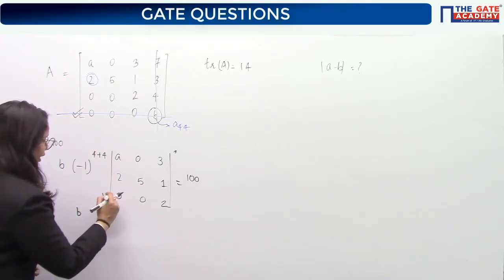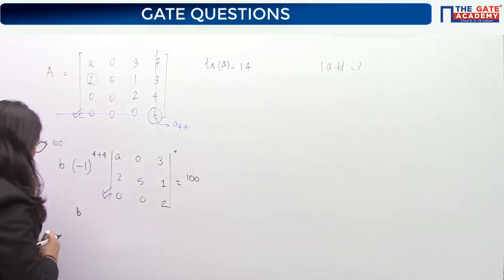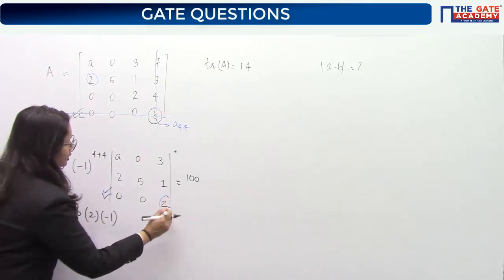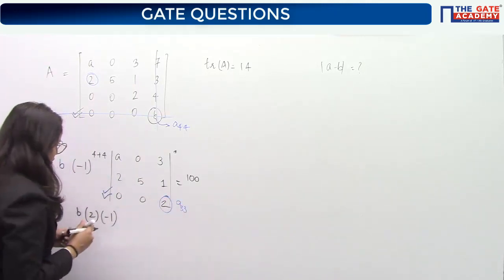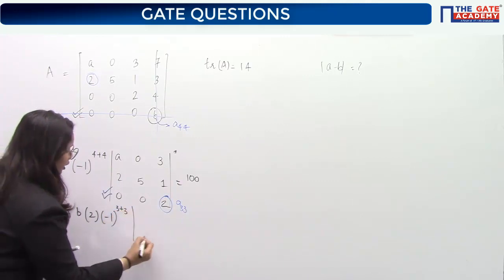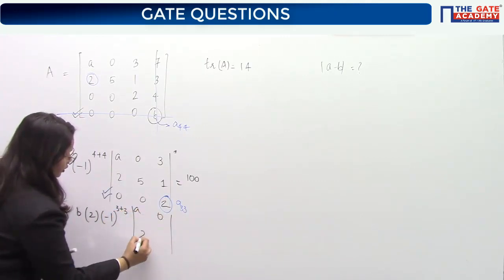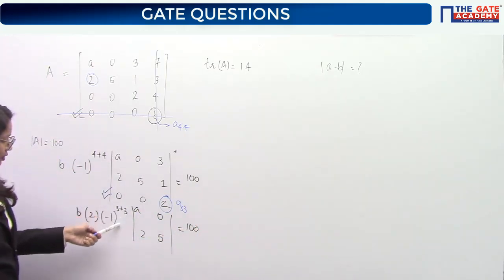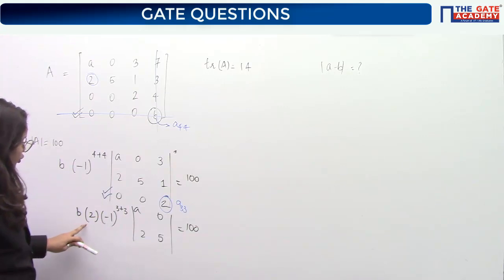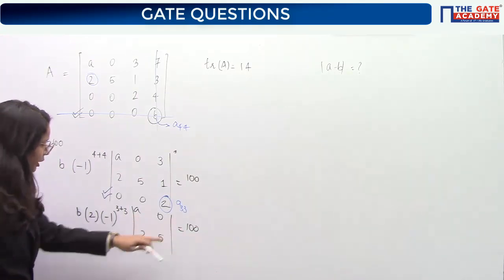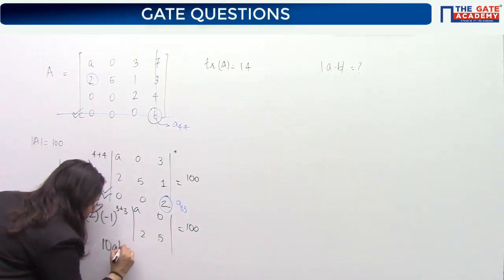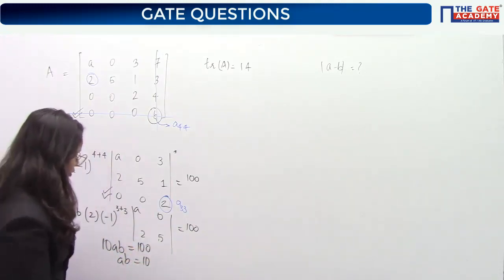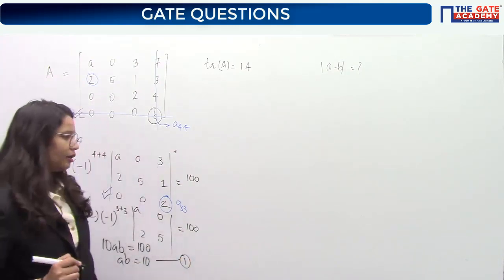Again, to find the determinant, I will choose this R3 and I will expand. So I will say it is equal to 2 times minus 1 to the power, this element here is A33, so minus 1 to the power 3 plus 3 into the cofactor of A, 0 2 5. This is 100. So finally we are getting this, again it is positive only, so it will turn out to be plus 1. So 2b into 5a, 2b into 5a means 10ab is 100. So ab is 10. Equation 1. ab is 10.